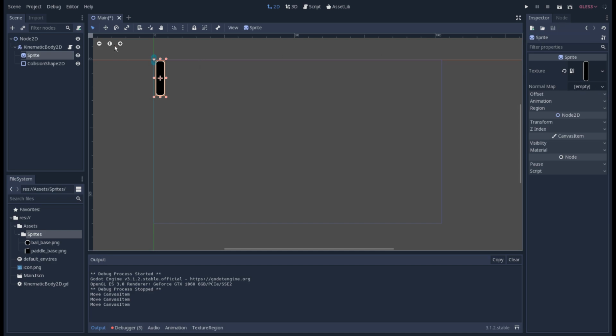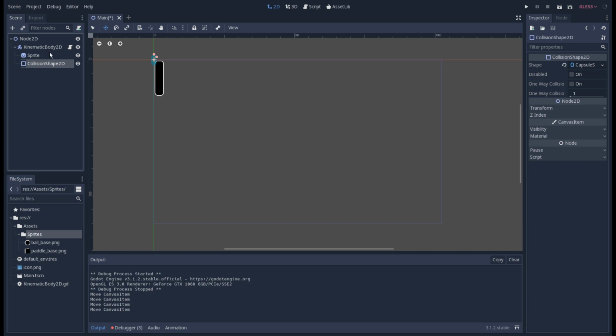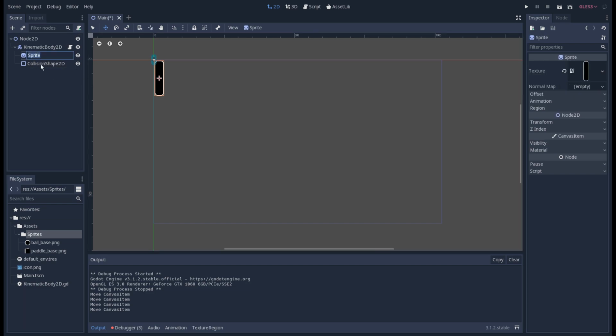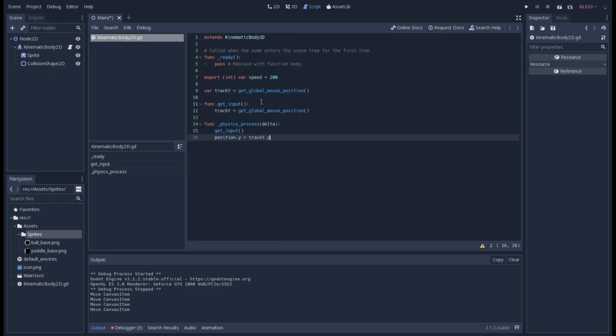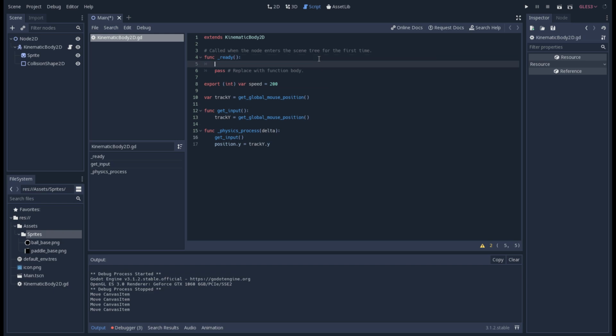At there, wherever there is. So we want to actually just, we probably shouldn't even work with that. We should probably just say function ready. When it enters the scene for the first time, we want to say position.x equals